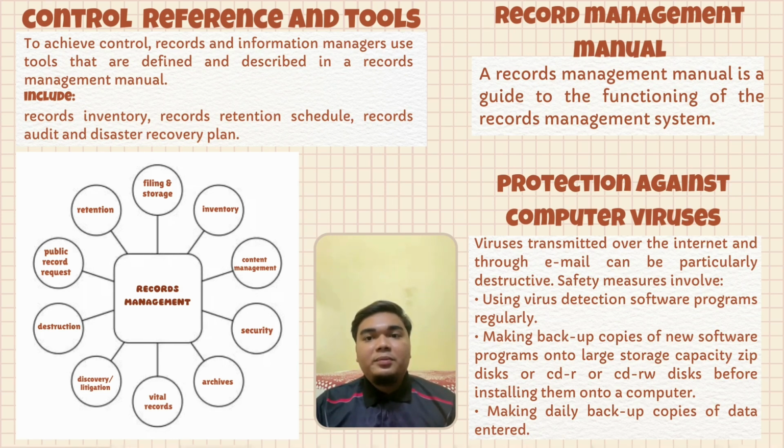Next is the Records Management Manual. The most important control reference for a record management staff is the Records Management Manual. A Records Management Manual is a guide to the functioning of the records management system. There are 10 types of record management. First is filing and storage, inventory, retentions, public record requests, content management, security, destruction, discovery or litigation, archives, and lastly,